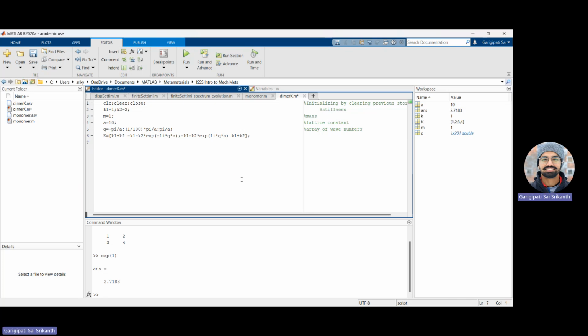Let's just write the mass matrix. Mass matrix. I remember it was 0, 0. Pretty simple. Okay. Now